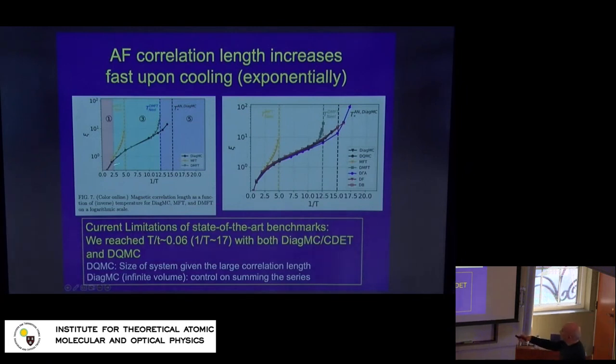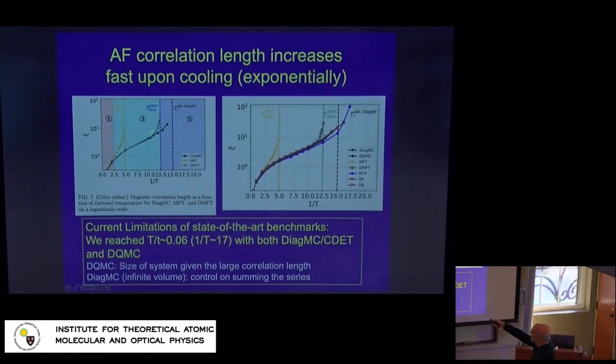Importantly, there is a correlation length that grows basically exponentially, which is not completely obvious. It's obvious at low temperature when the gap has opened, because that's what the nonlinear sigma model does. But at intermediate temperature, where you have a metal, we also find a different exponential growth.